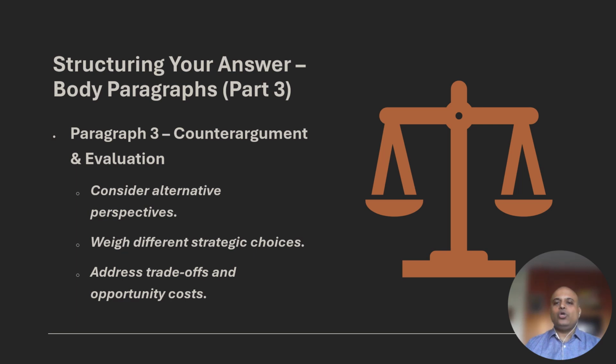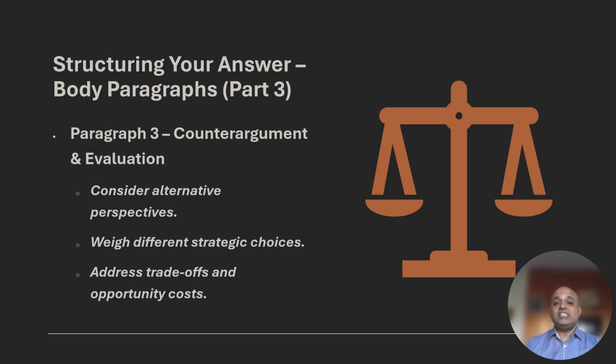Finally, let's go deeper and discuss what the business is sacrificing by choosing one strategy over another. This is where your response really starts to shine. Example: if company X spends $10 million on global expansion, what else could they have done with that money? Maybe they could have reinvested in research and development, marketing, or employee training. By choosing to expand internationally, company X is allocating significant resources that could have been used to strengthen its domestic